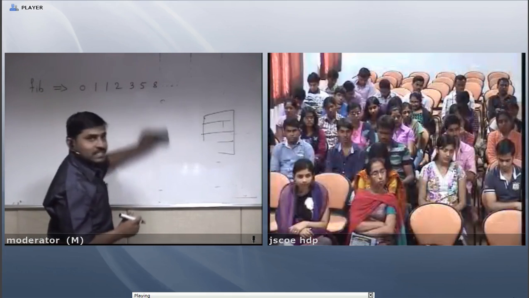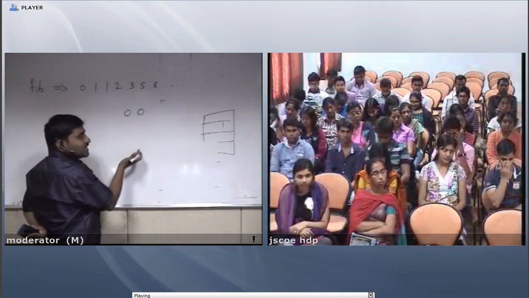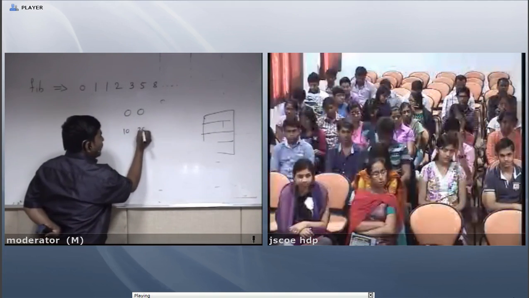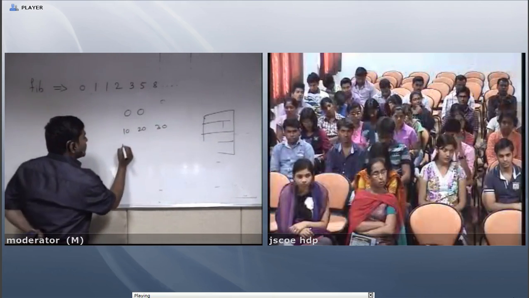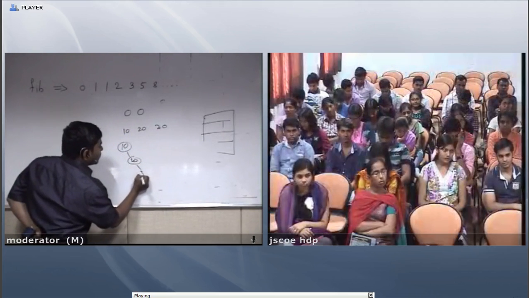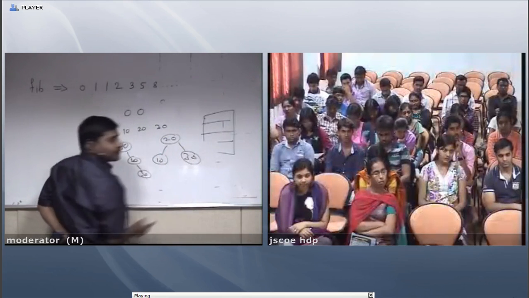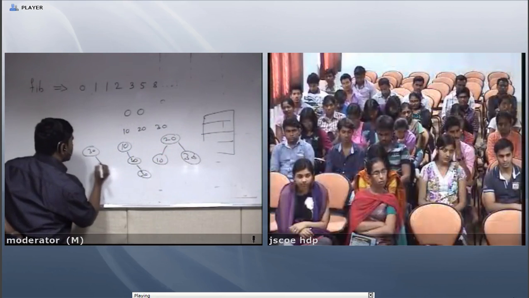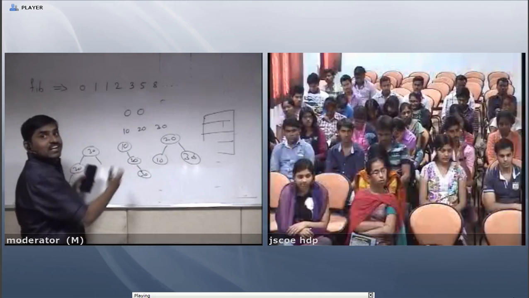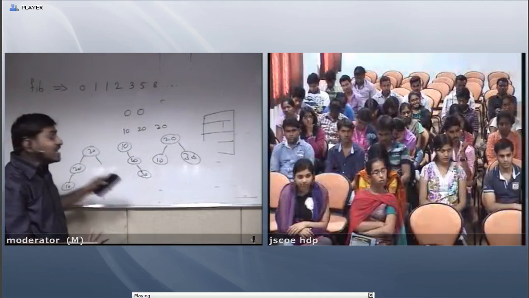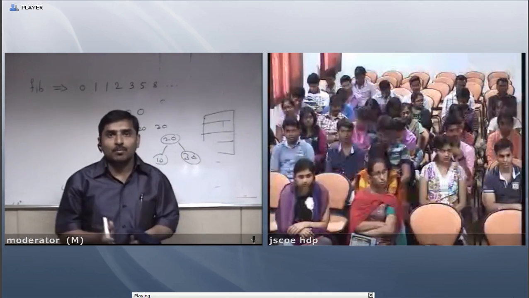Similarly, if I take the example of a binary tree with the numbers 10, 20, 30, I can draw these three numbers using different arrangements: 10, 20, 30; 20, 10, 30; 30, 20, 10. Those satisfying the condition are the feasible solutions. That is the brute force approach, the traditional approach.